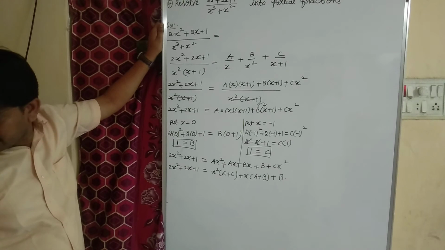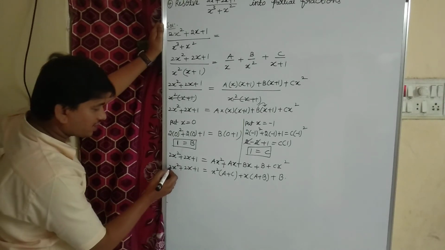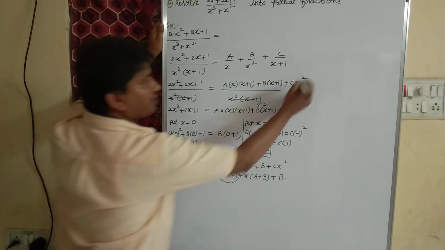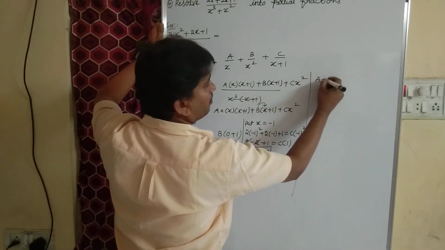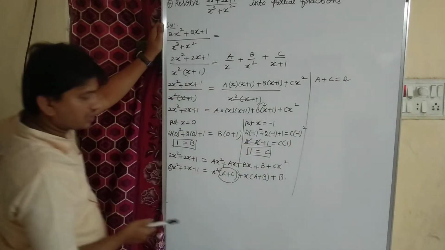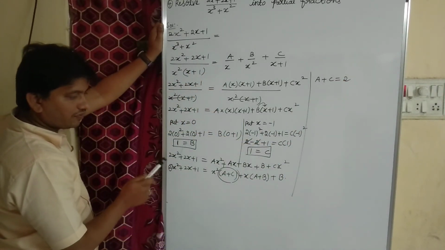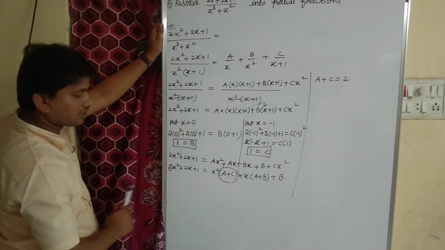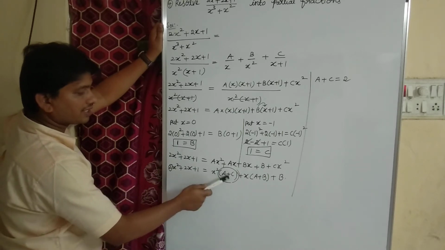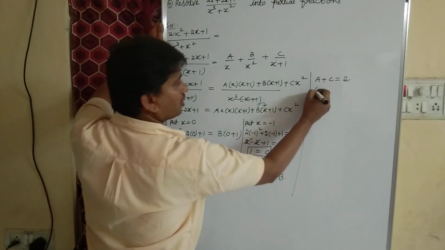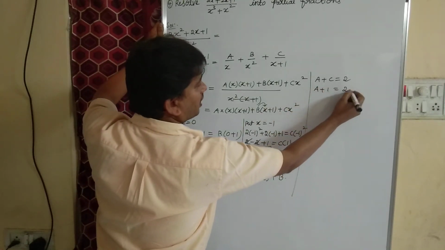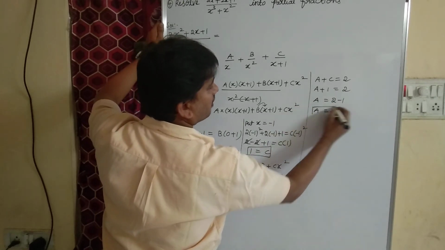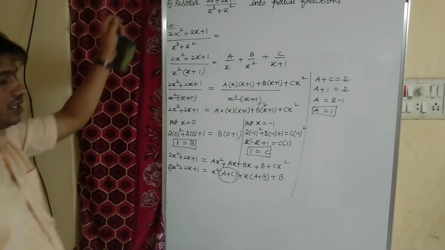Okay children, now let us equate coefficients here. As the x square coefficient is 2 here, x square coefficient is a plus c. Let us equate a plus c equal to 2. Children, are you understanding? To get the value of a, we are equating the coefficients. So x square coefficient 2, here x square coefficient a plus c. Already we know the value of c, which is equal to 1. So a equal to 2 plus 1 transpose, minus 1. So what is the value of a? The value of a is 1.